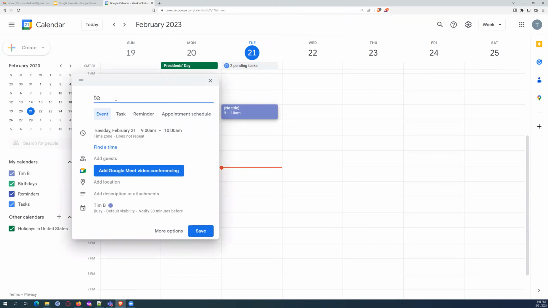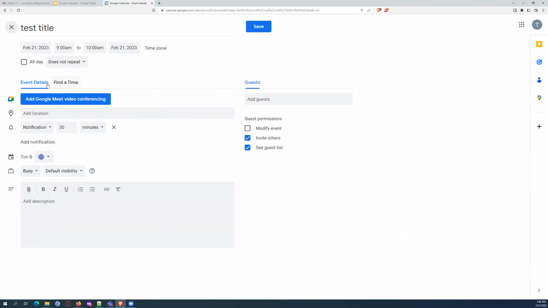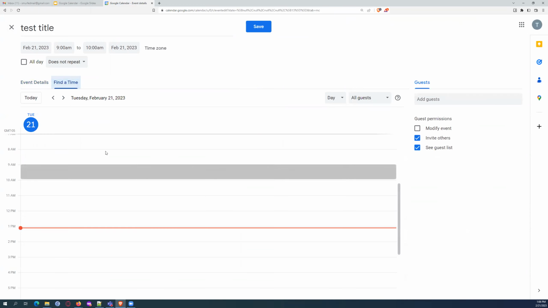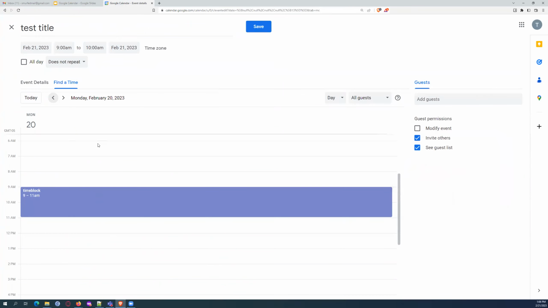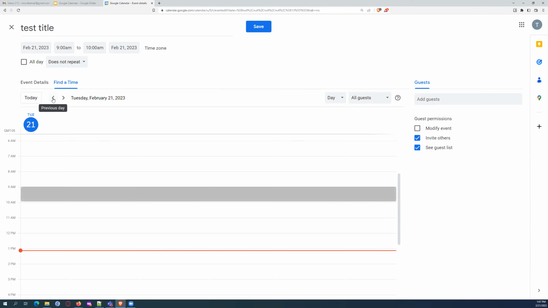I can add a title, test title, and go to more options. Right here on the left-hand side, I can click on find a time. So what find a time will do is it will show you the calendar of all the people who are guests of this meeting. Right now it's just me, so it's not really that impressive, but you can see that